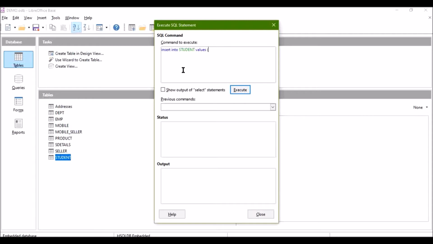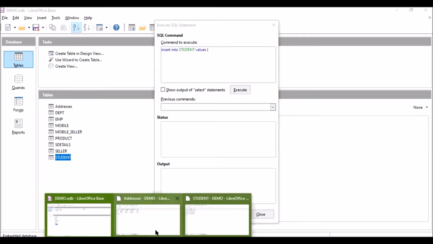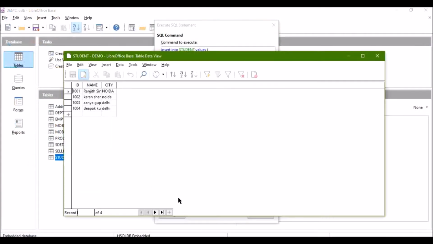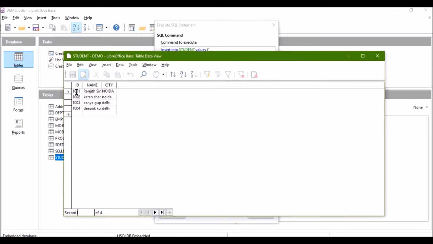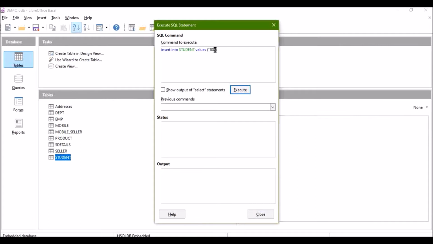After that we have to check the order of the attributes. The order is ID, name and city, so we will type in the same order. First we will type the ID. Since 1004 IDs are already there, we will type 1005 as the next ID, and then we will type the name whatever we want.